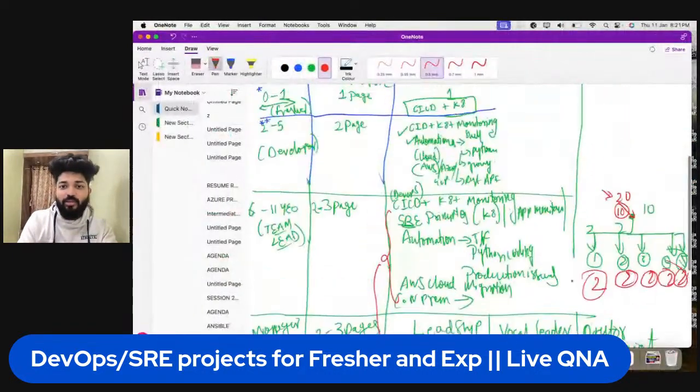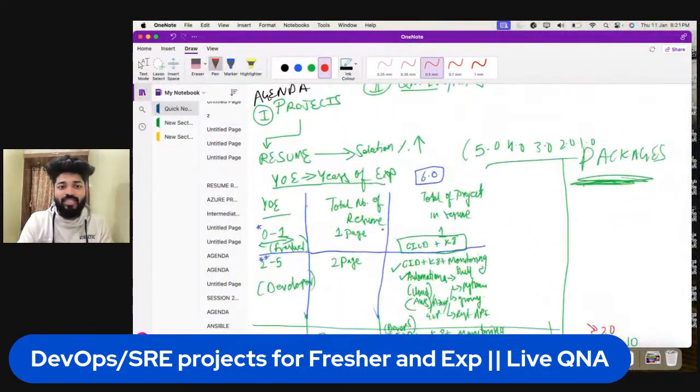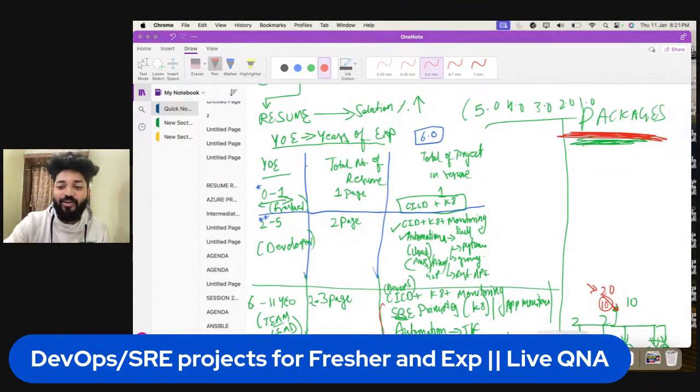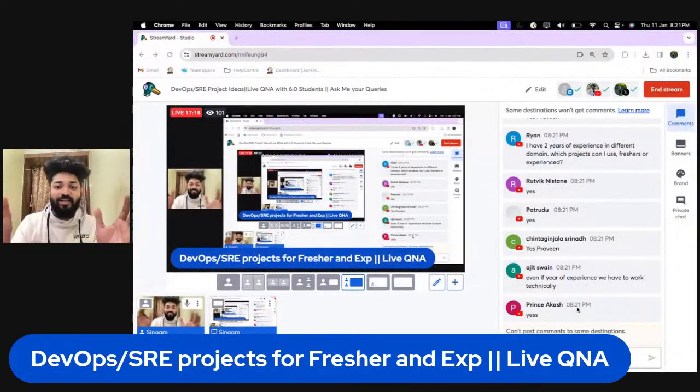Now, shall we discuss the packages in this diagram which I have written? Shall we discuss the packages of 0 to 1 year of experience? How much package can you ask in 2024? Let's think like this and ask, okay, what are the packages that I can ask? Very important. Let's discuss the packages, guys. Don't leave the class, because at the end, for the manager, you will know what the exact package is that you are going to get. Yes, shall we see the package?